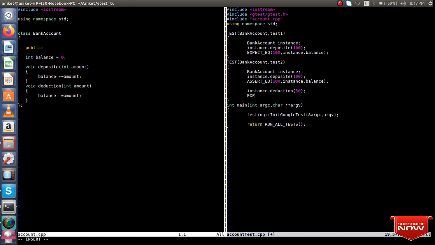Now we will check expect equals whether the value is equal to 100 again, just to show you different types of errors which we may face while running a test case. So instance, and then access the balance variable.